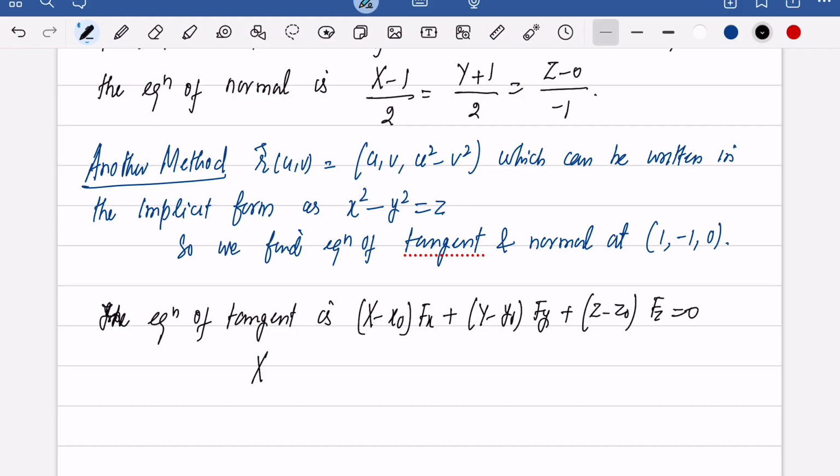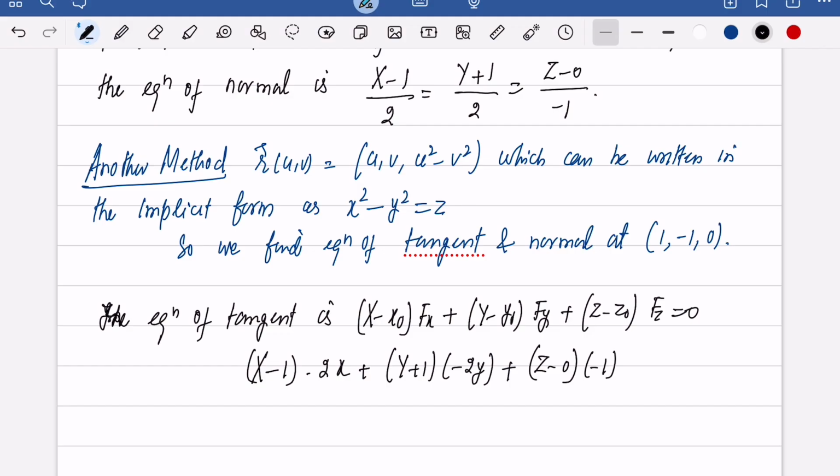Now substituting the values, we get (x minus 1) into fx, that is equal to 2x, plus (y plus 1) into fy, that's equal to minus 2y, plus (z minus 0) into fz, that is equal to minus 1,